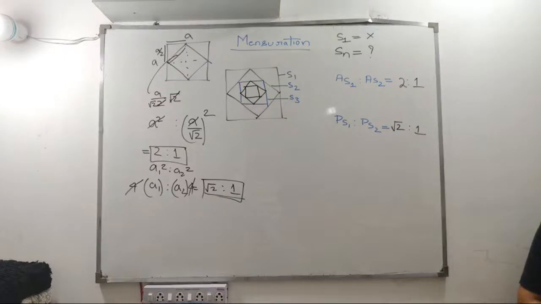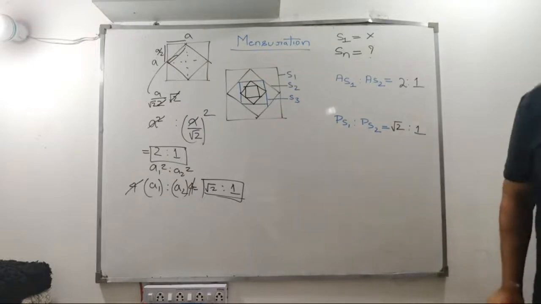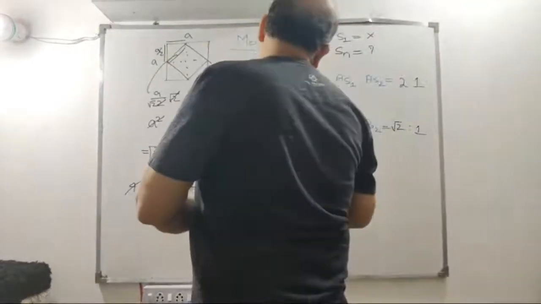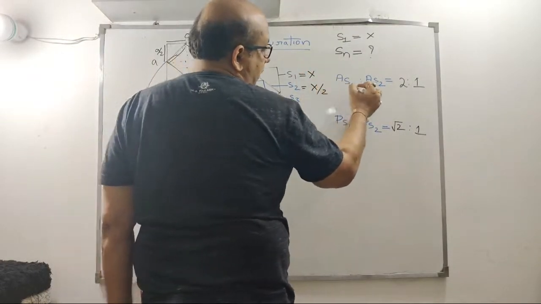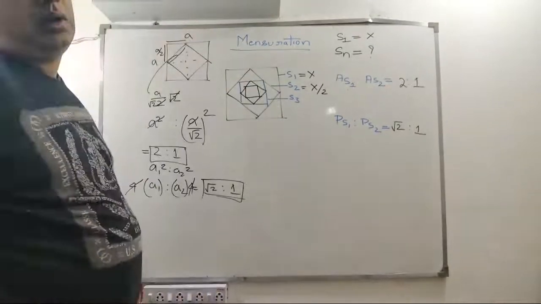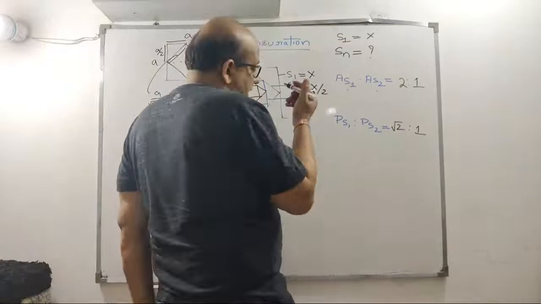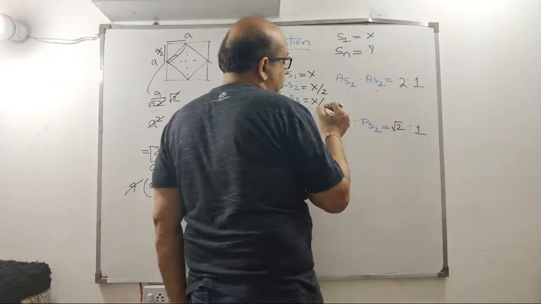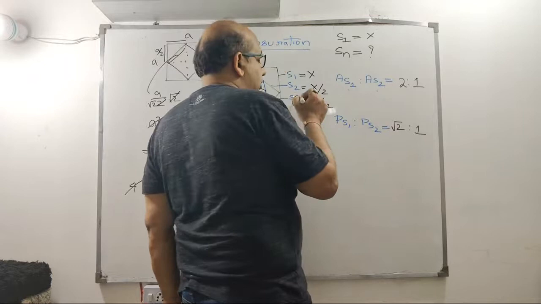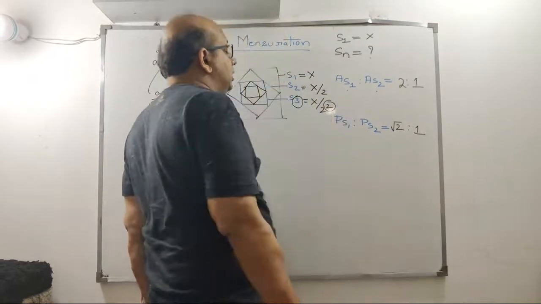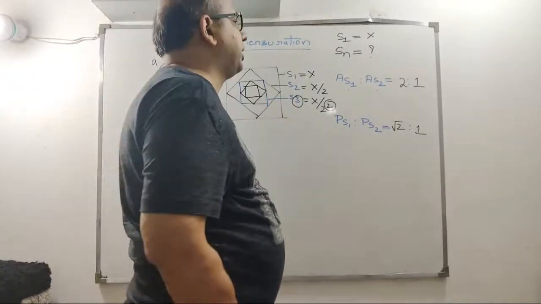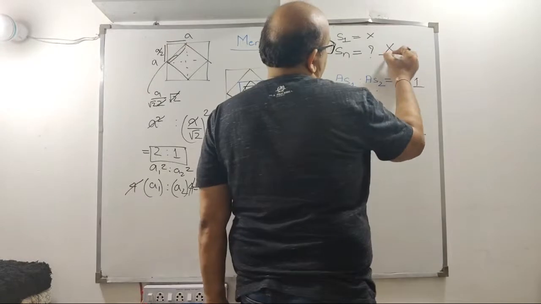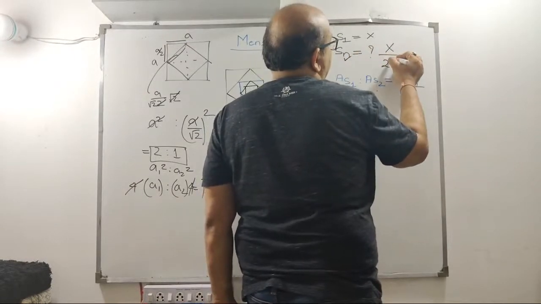हाँ, जया का आंसर सही है, x डिवाइडेड बाय 2 टू द पावर n-1। देखते हैं अगर S1 का एरिया दिया हुआ होता x, तो S2 का एरिया क्या होता, x by 2। After knowing this, I can straight off write x by 2। तो S3 का एरिया क्या होता है, इसका हाफ x by 2 स्क्वायर। अगर आप ध्यान दें तो यहाँ पर 3 है और यहाँ पर 2 है, तो जब S4 निकालोगे तो 2 का पावर 3 होगा, S5 निकालोगे तो 2 का पावर 4 होगा। तो जब n होगा तो 2 का पावर क्या होगा, n-1।